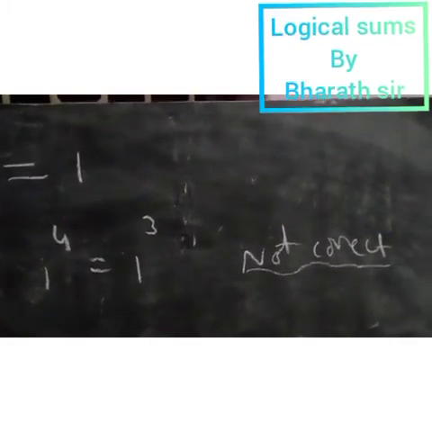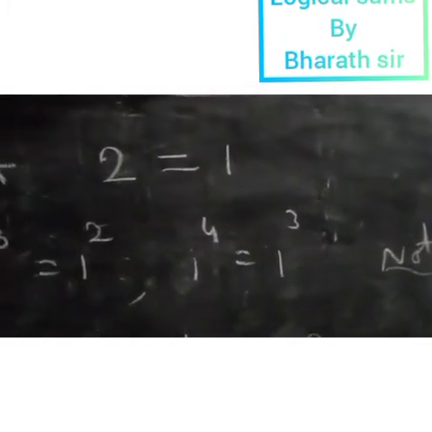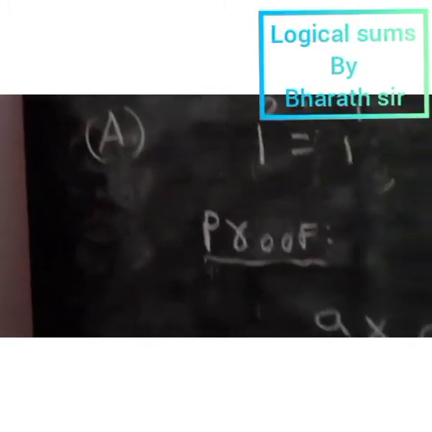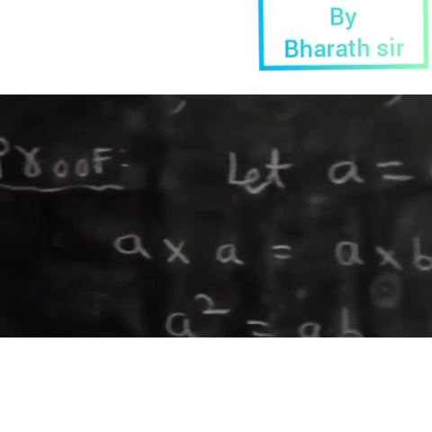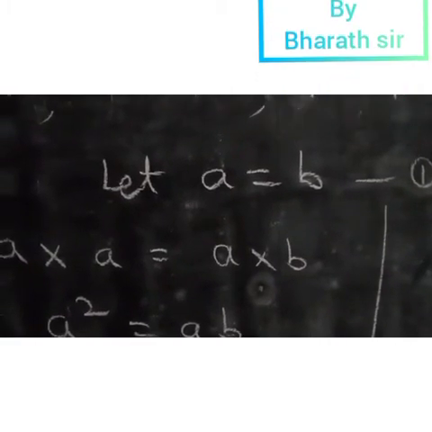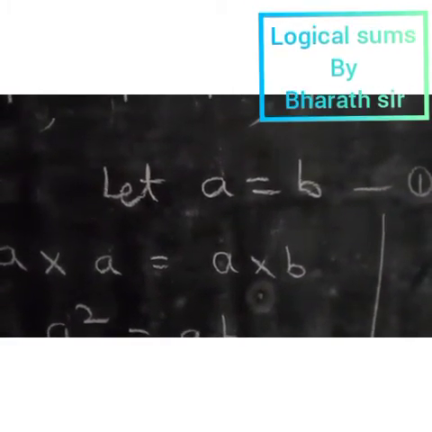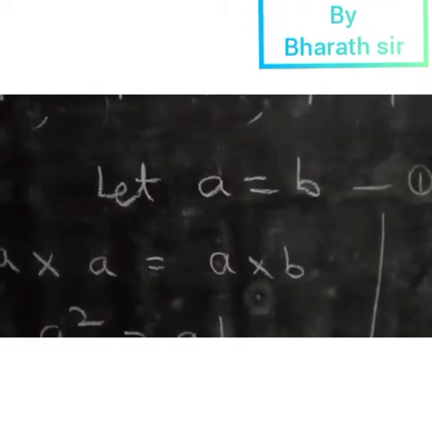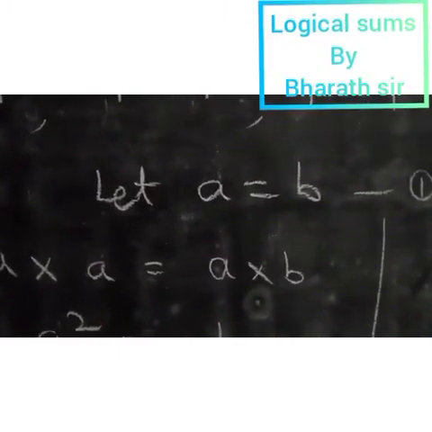Okay. So which one is the correct method? Here we are going to discuss. Come to the correct proof. Proof. Let A equals to B. Let us assume that A equals to B. It means in forward, whenever B appears, instead of B we can write A, or instead of A, you can write B.